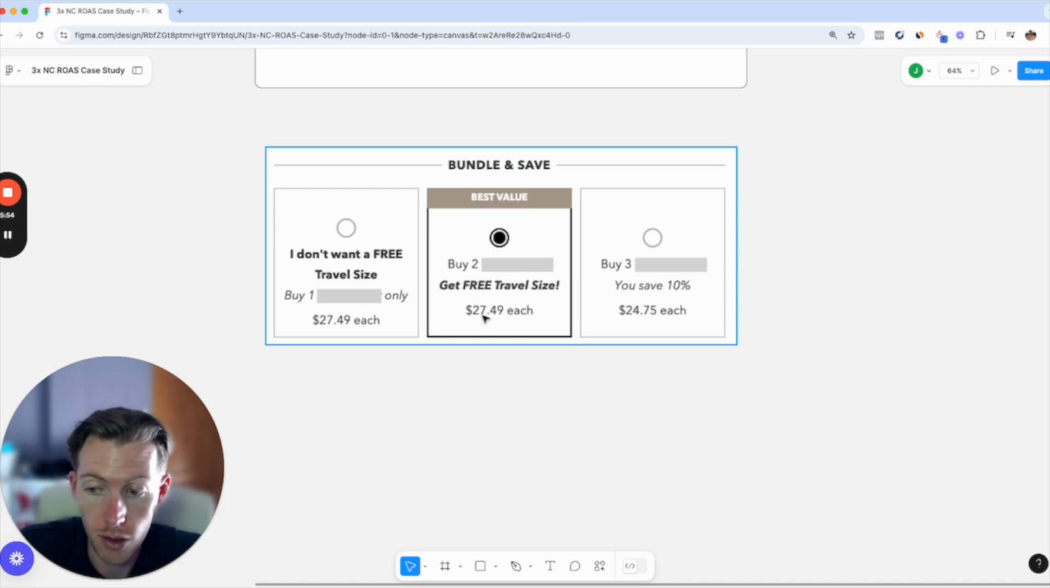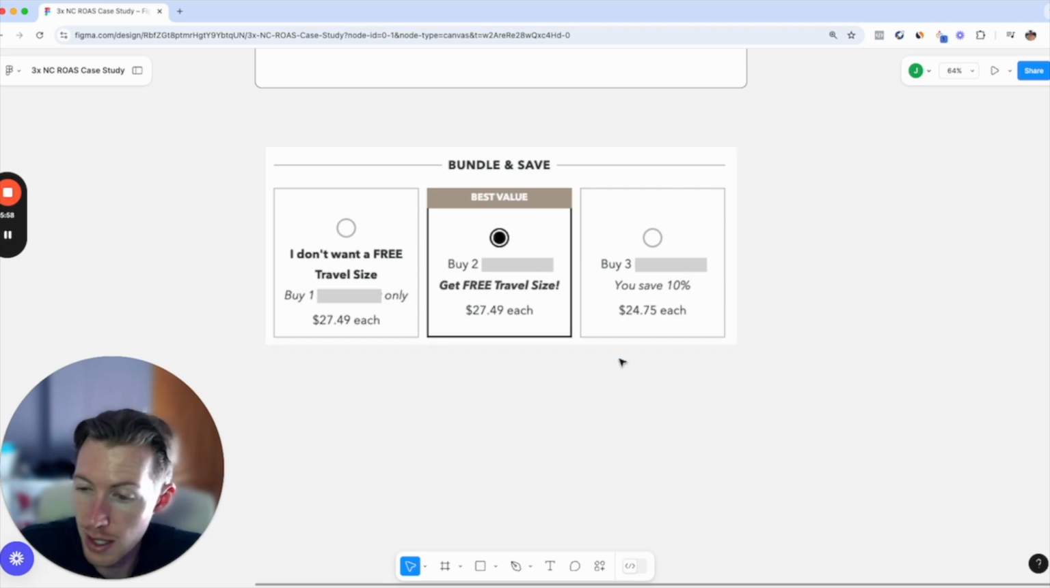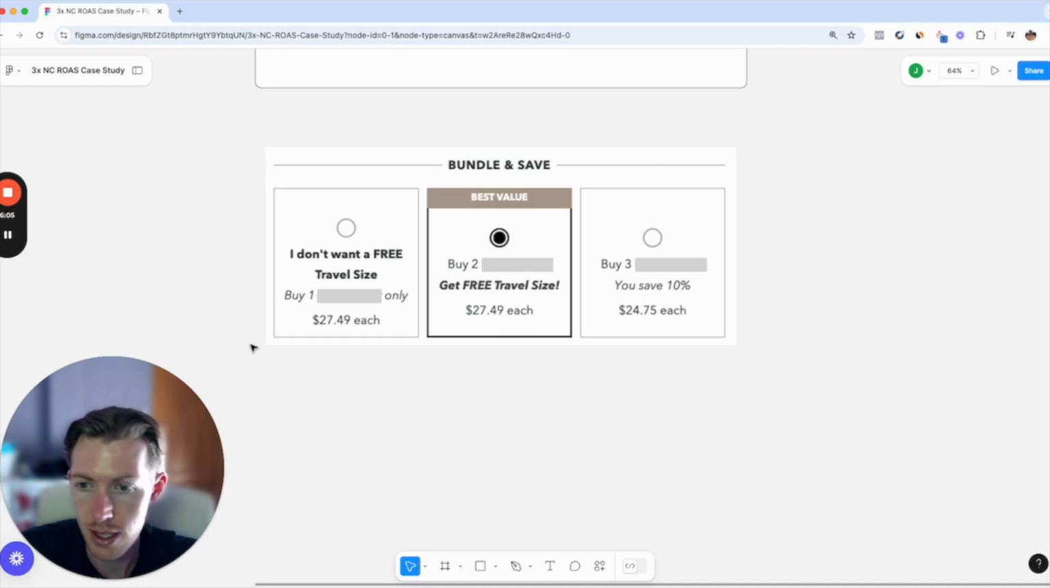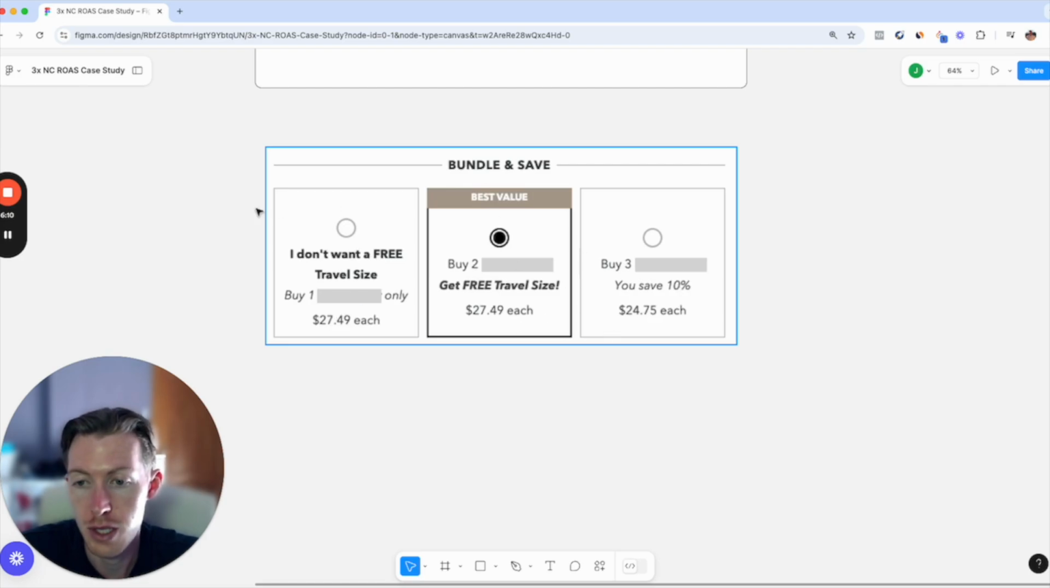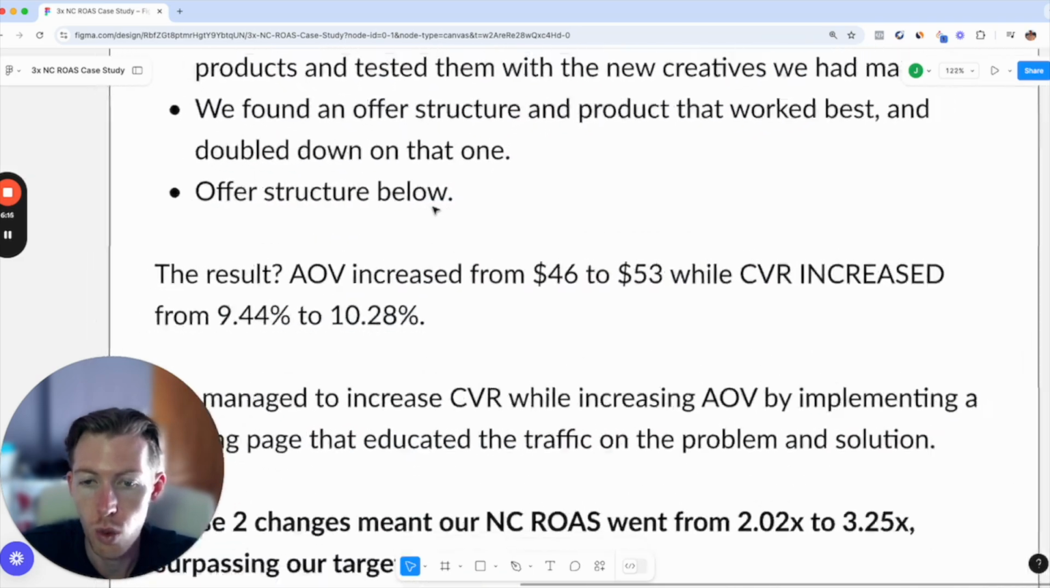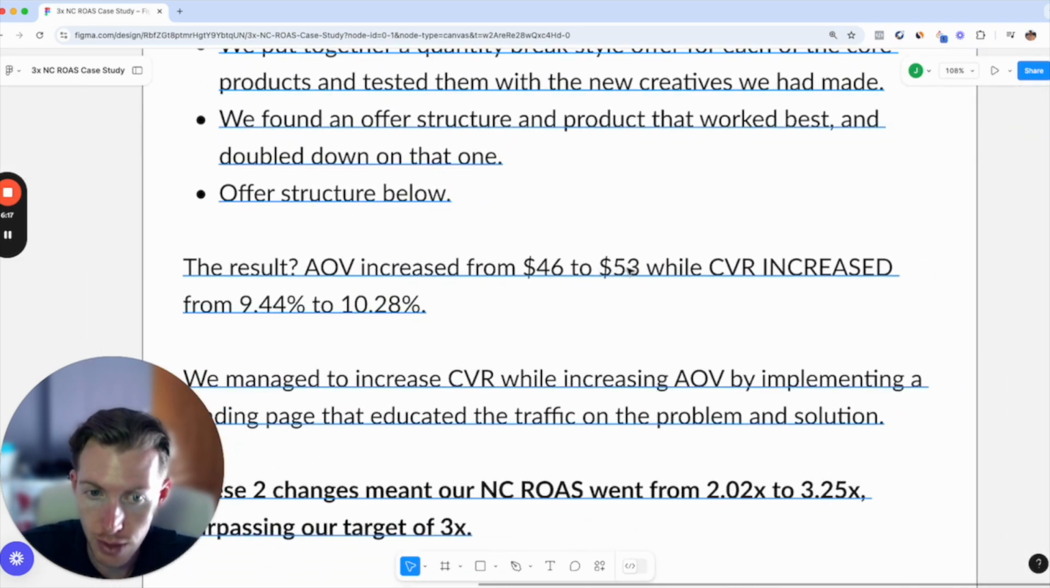The cost per product is the same. And if you buy 3, you save 10%, right? So not even a crazy discount. You can go crazy with this and have discounts on the middle option as well, and a free gift. It depends on how competitive your market is. But this offer for a specific product that we had worked really, really well. And what it led to was the AOV increased from $46 to $53, while CBR increased from 9.44% to 10.28%, which is crazy. So the AOV increase, again,